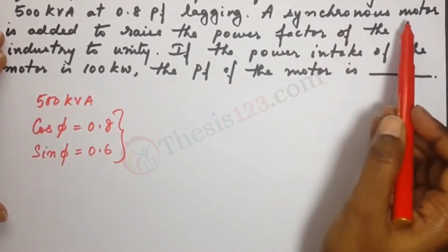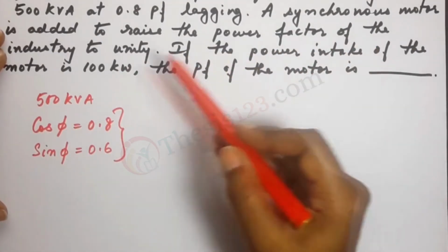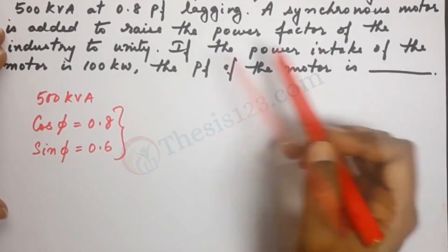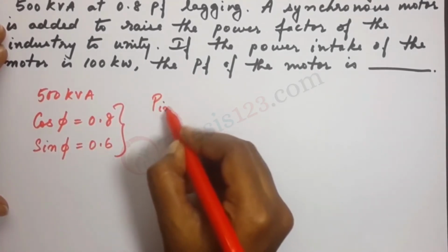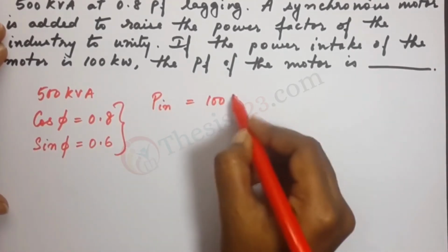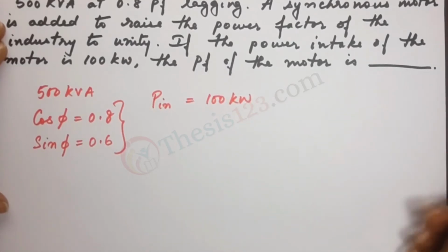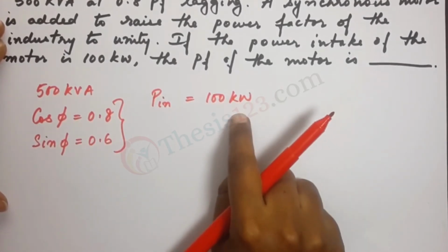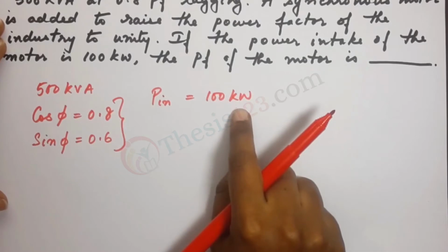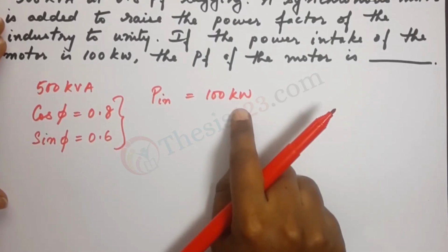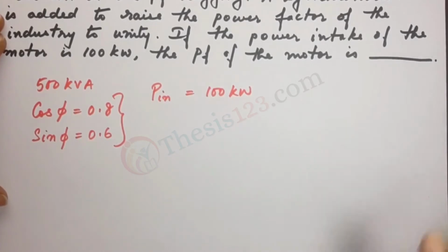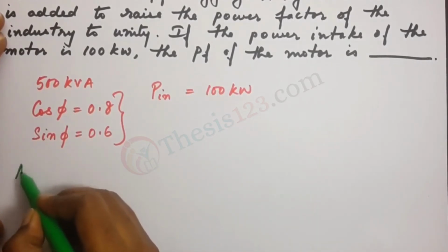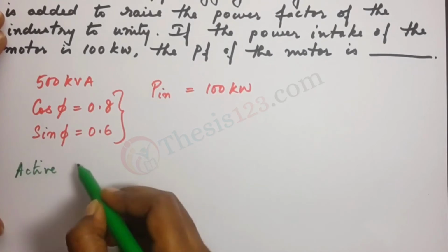Now a synchronous motor is added to raise the power factor to unity, and the power intake of the motor is given. So that's P intake 100 kilowatts. So this is part of the motor rating. We need to find out what is the reactive power as well. So that's our next step. Let's start with the active power. So the active power,